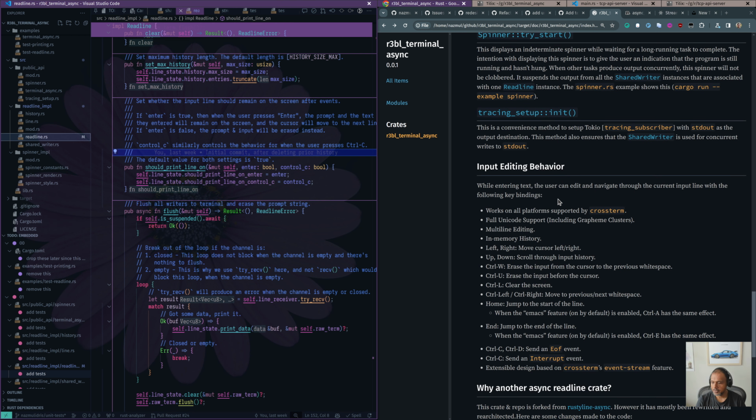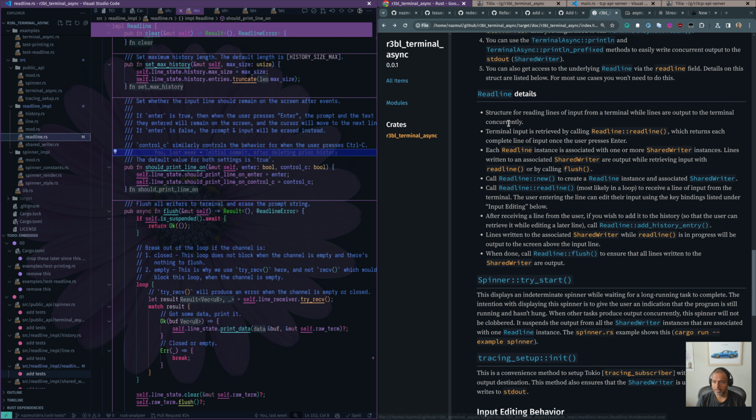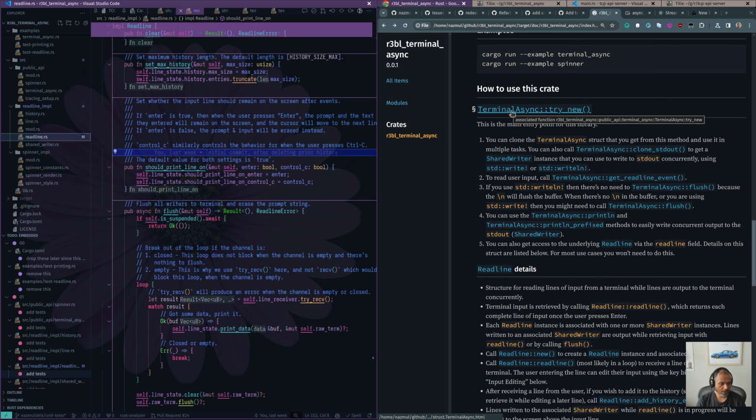Then we have this thing, spinner. That's another entry point where somebody wants a spinner. In order to make a spinner, they need a terminal async. And that's roughly the two things that the public API is concerned with. Today in the test, because we're doing unit testing, we're not going to be concerned with any of this. We're going to be concerned with how